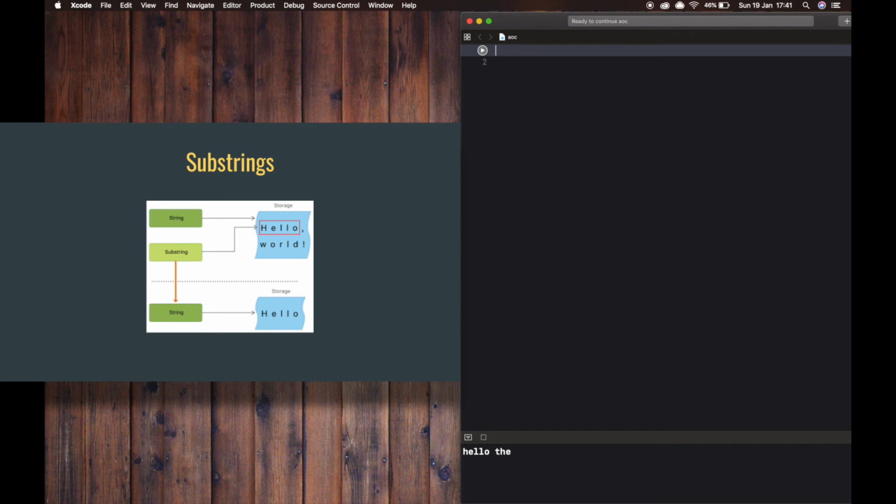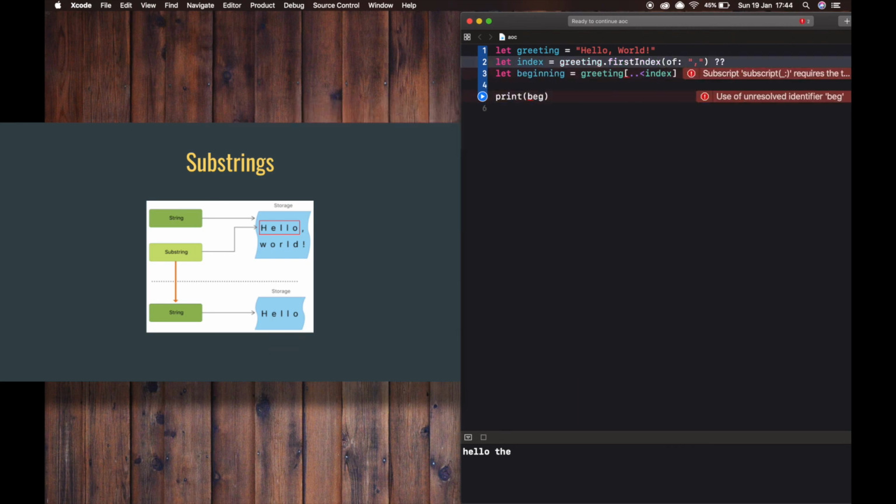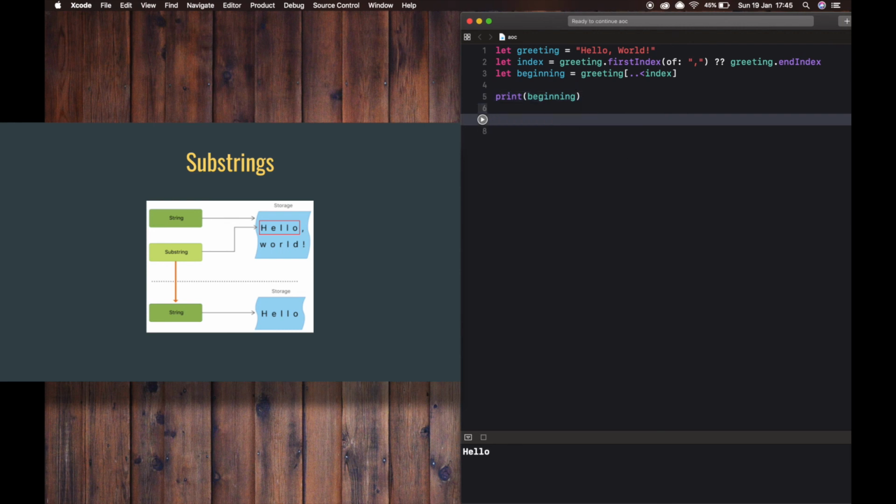You need to convert the substring to an instance of String for long-term storage. So in order to use that substring for long-term storage, we need to convert that substring to a string by using String.